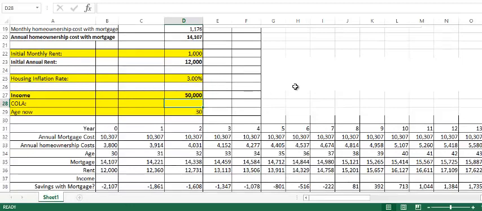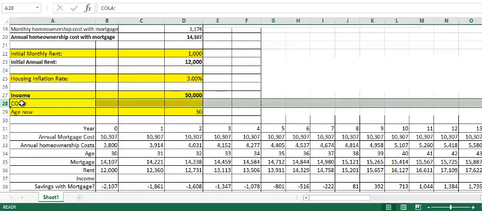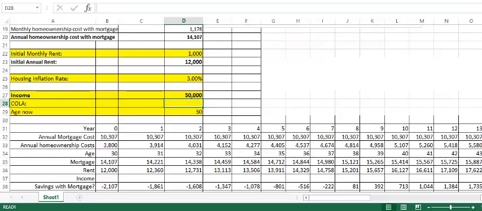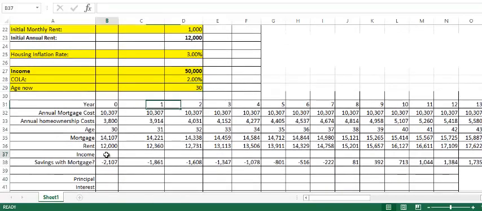Now, we'll use a COLA, which is a cost of living adjustment. All right, and let's say for argument's sake it's 2%. We'll just put 2.0% there. Okay, and so the first year is going to be equal to D27, that cell there, and again we're going to put dollar signs around the D. Okay,